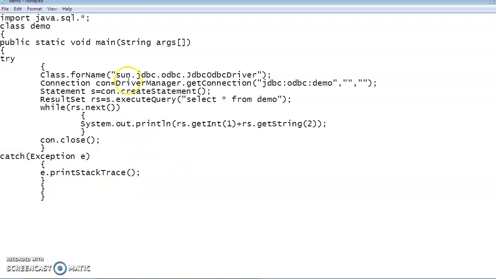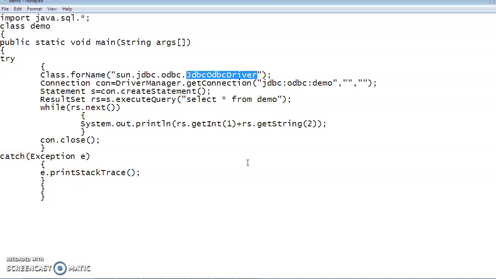First of all, we have opted for the JDBC ODBC driver. This is your type 1 driver, which is from the company Sun, and that is why the name is sun. JDBC is Java Database Connectivity, ODBC is Open Database Connectivity. This is the name of the type 1 driver, the JDBC ODBC driver, which we are going to connect with our database.